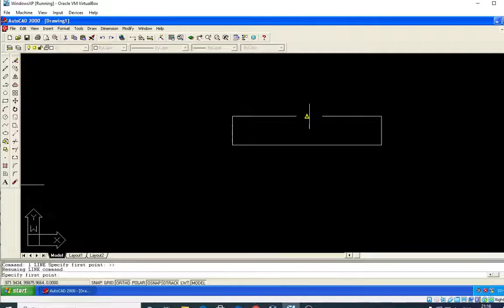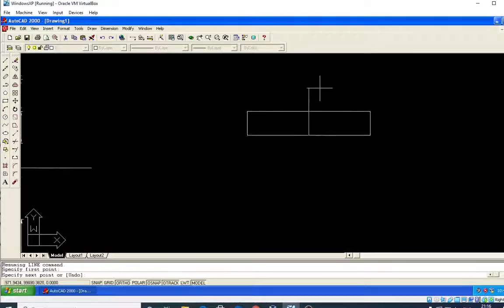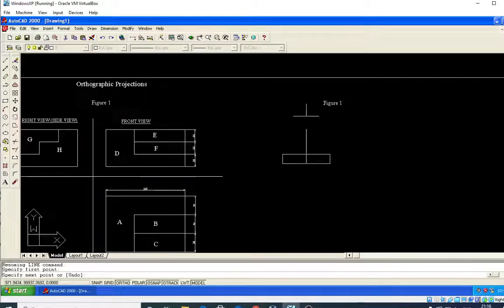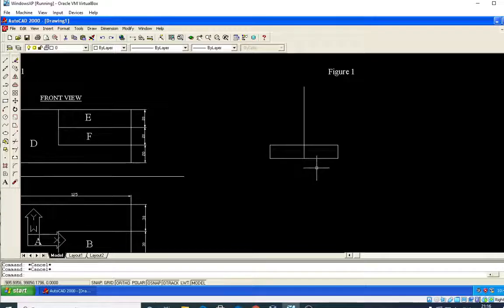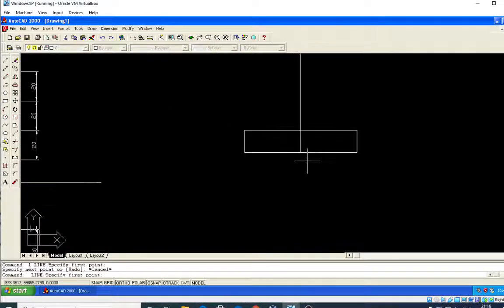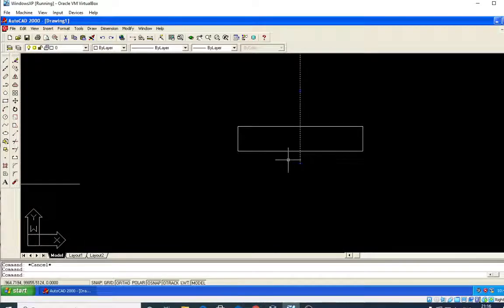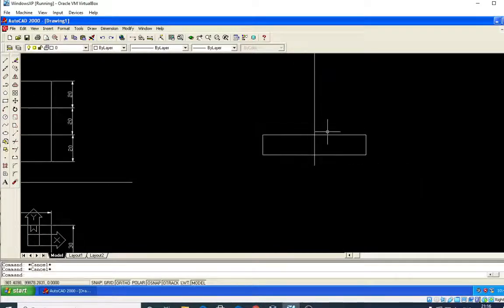Yes, this is the center. Or otherwise I will take this center and straight away draw one very big line. L, enter, L, enter. Okay, so it is ready. Please check whether it is at the center or not. Yes, it is at the center.